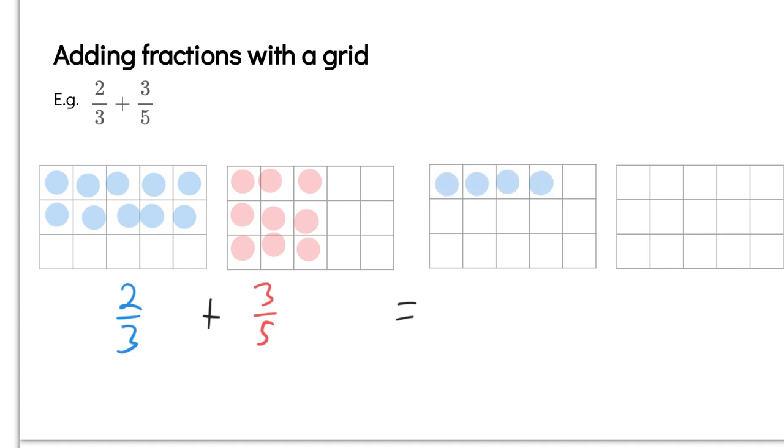1, 2, 3, 4, 5, 6, 7, 8, 9, 10. And let's continue filling it up with red circles. We only have 9 of them. 1, 2, 3, 4, 5, 6, 7, 8, 9. So now we have a mixed number, right? Now we have 1 and